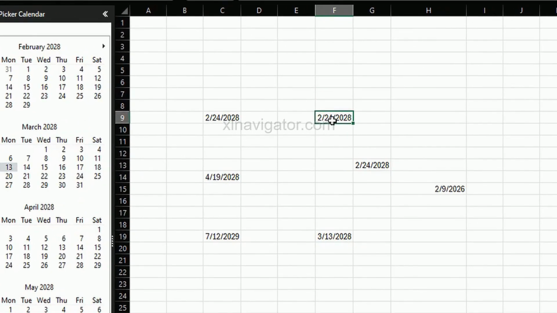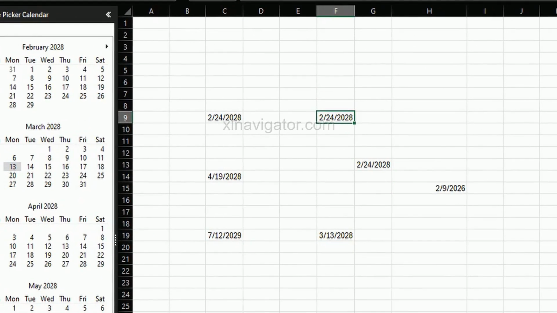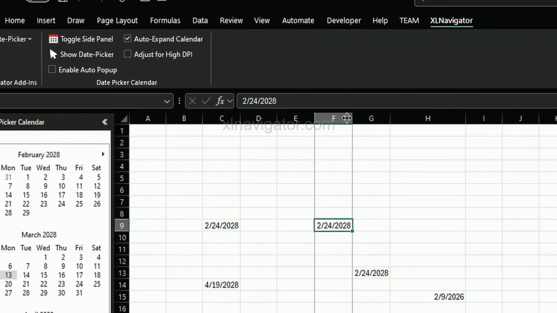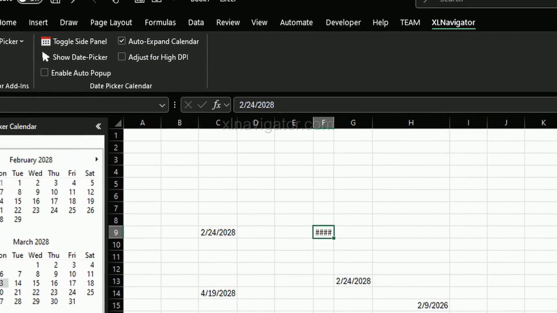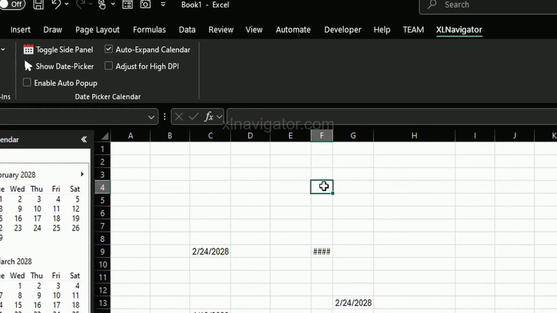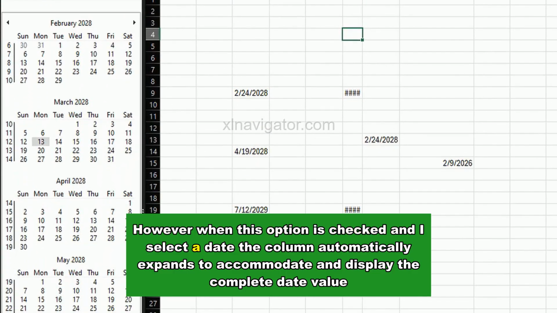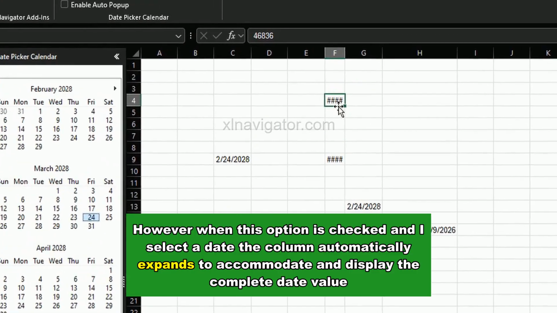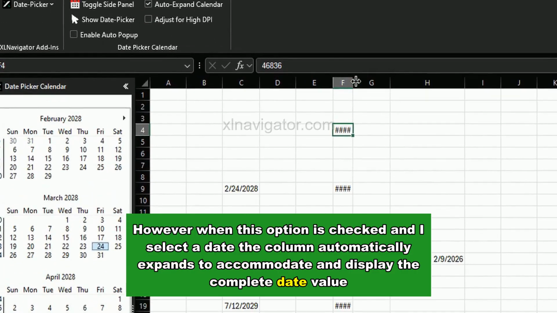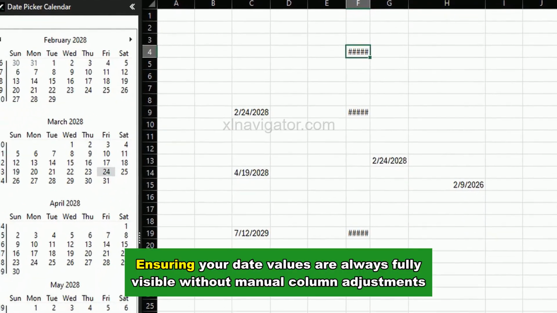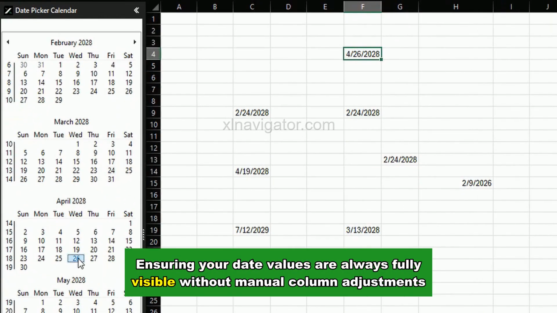When I select a date in this narrow cell, you can see the value appears truncated because the column width is insufficient to display the complete date. If I uncheck the Auto Fit Date Columns option and select the date again, you'll see it remains too narrow to show the full value until you manually expand the column width. However, when this option is checked and I select a date, the column automatically expands to accommodate and display the complete date value. This is particularly useful when working with narrow columns, ensuring your date values are always fully visible